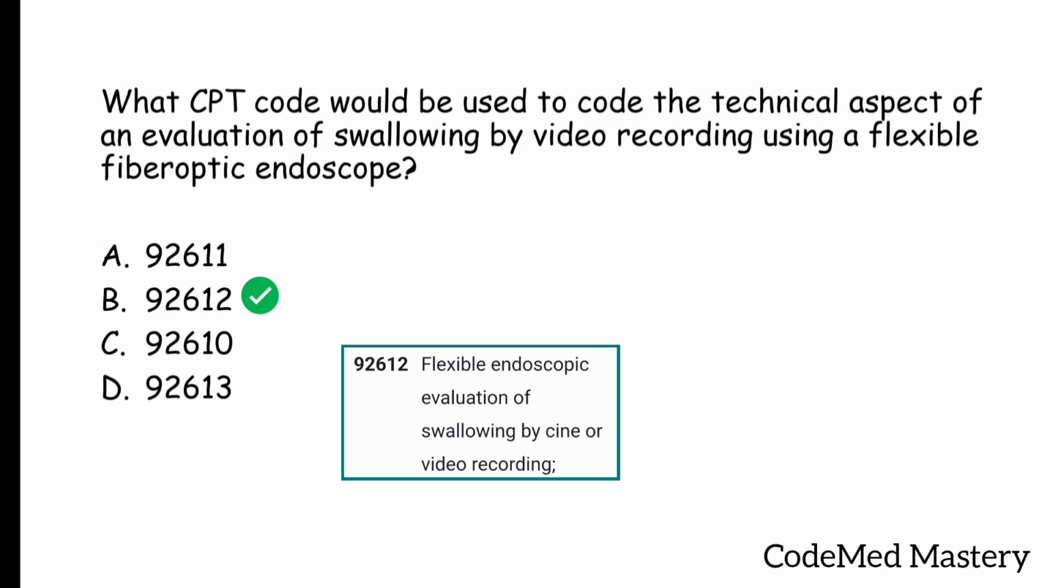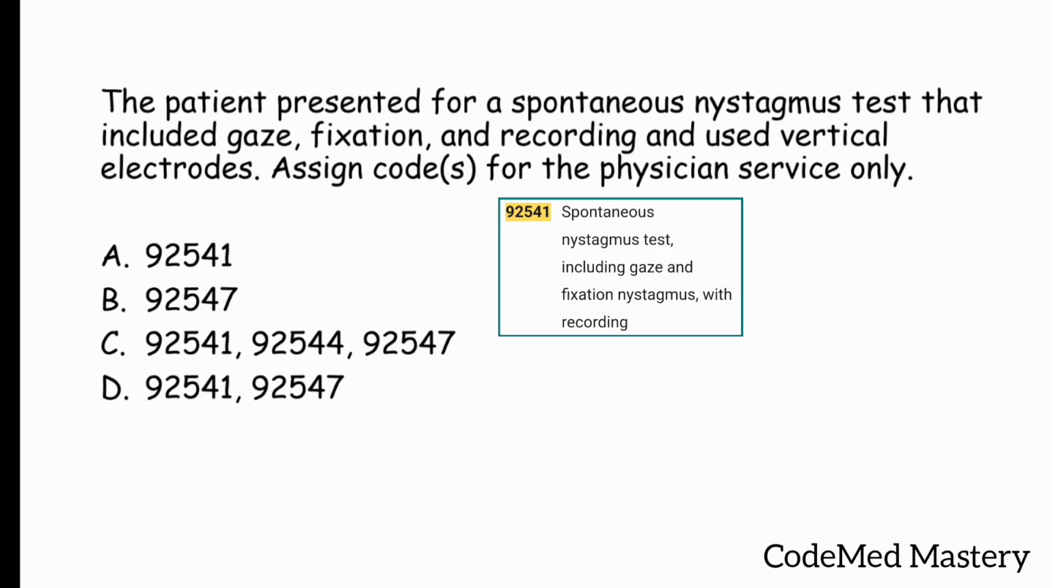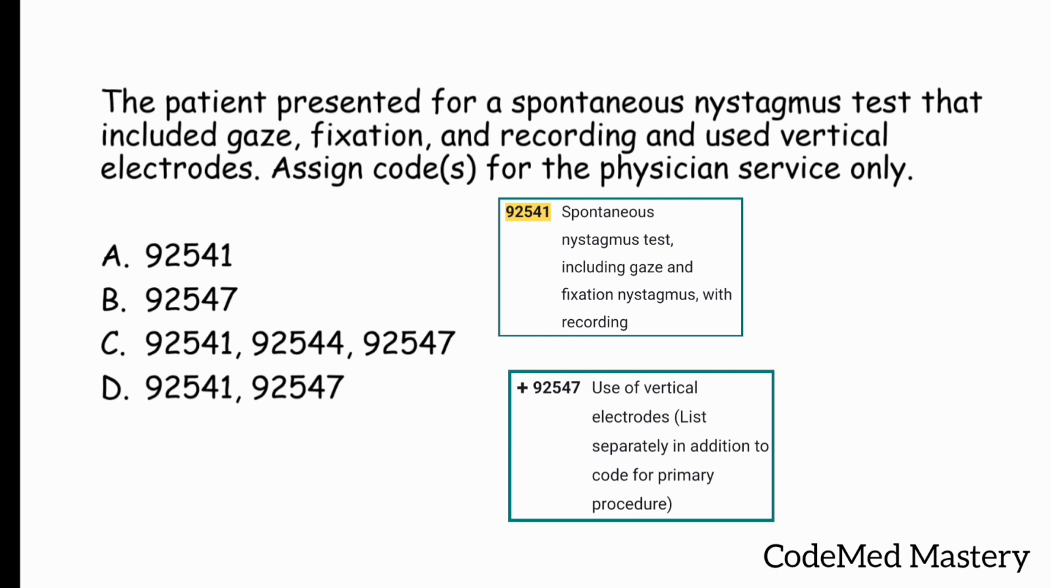Let us solve another question. The patient presented for a spontaneous nystagmus test that included gaze, fixation, recording and used vertical electrodes. Assign codes for the physician service only. Let us check the options. Option A 92541 is for spontaneous nystagmus test including gaze and fixation nystagmus with recording. Option B 92547 is an add-on code which is for use of vertical electrodes. Okay, and we have to use 92547 in conjunction with 92540